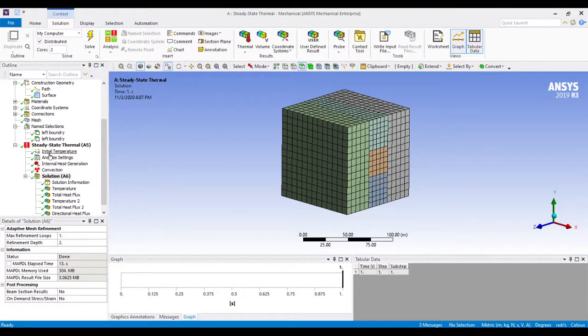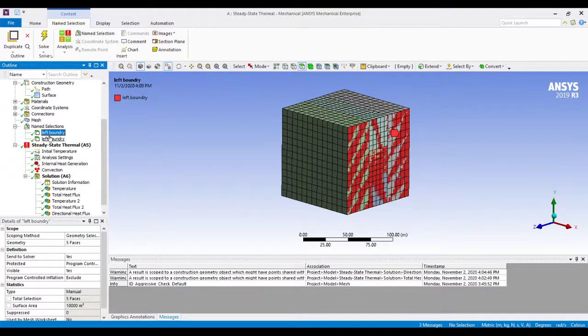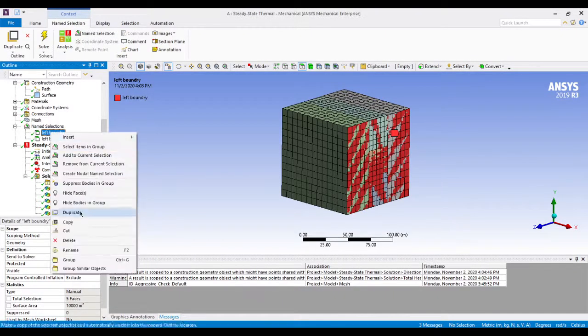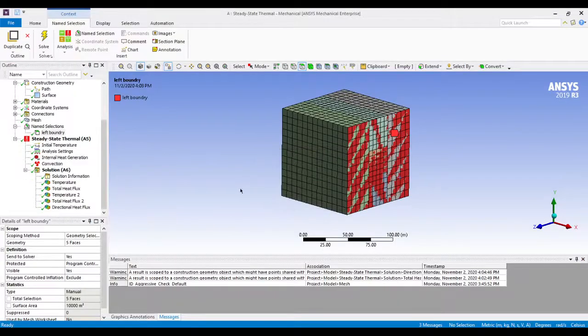And inside name selection over here you can see the left boundary option. First of all, we'll delete the one created earlier, which is the first one. Now you can see the left boundary option over here.